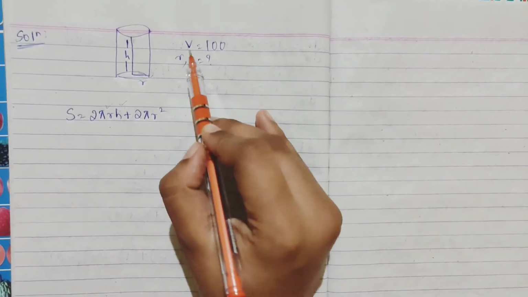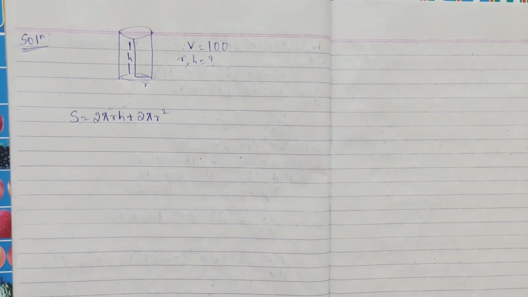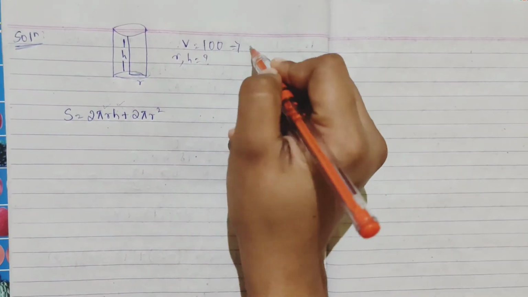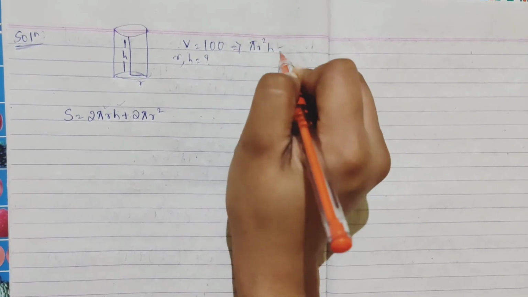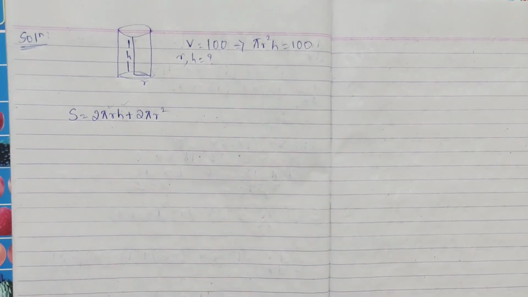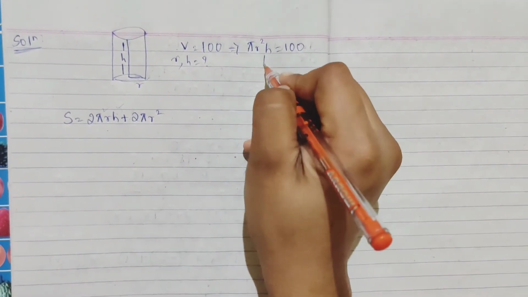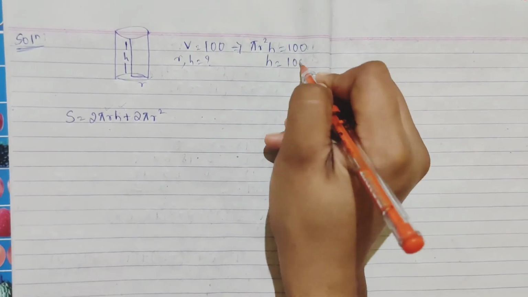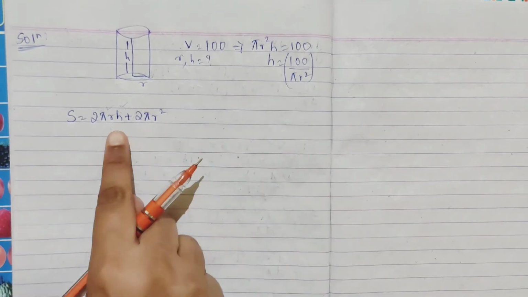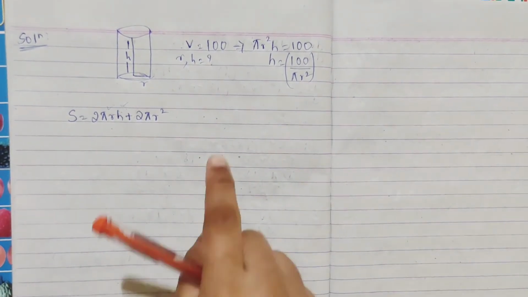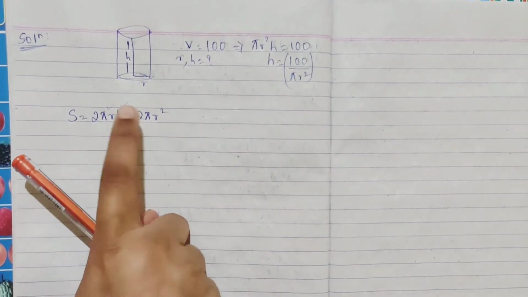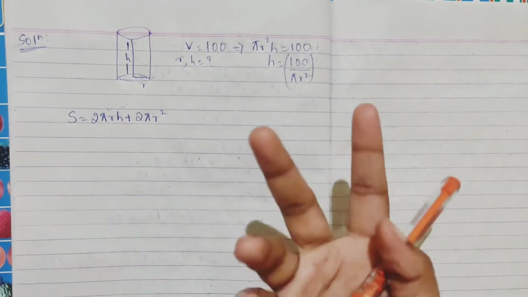Like how, see, volume is equal to 100 they have given, and volume we know is pi r square h, which is equal to 100. Now either convert your h or your r, it depends on you. I'll convert into h. h is equal to 100 divided by pi r square, right? So this h value I'll substitute in this. It will be very easy. You can do it for r also, but here r has two terms, whereas h is single, so we can substitute for h.